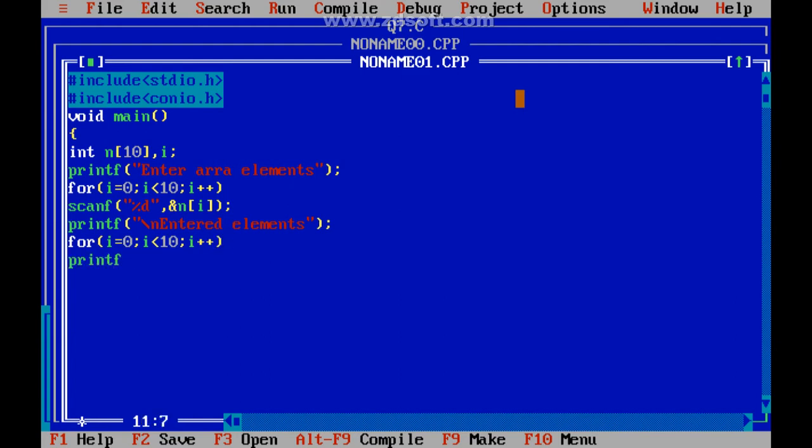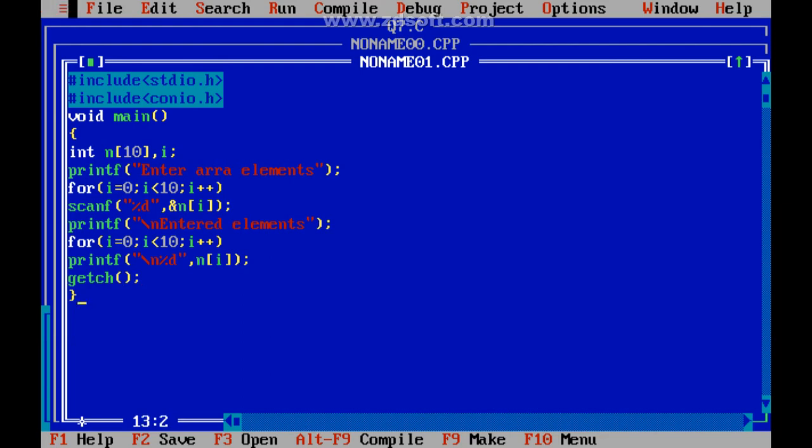printf("%d", n[i]), asking what numbers I have to print: %d, and I get them from n[i]. Then getch, close.